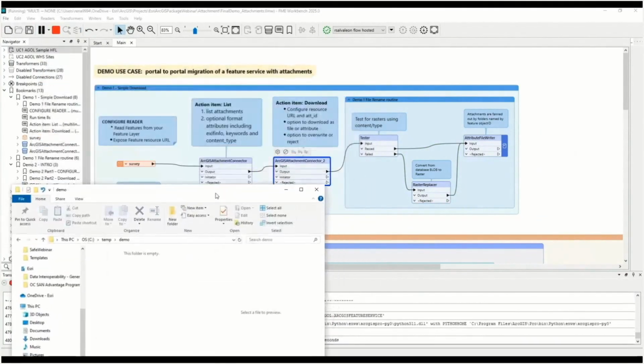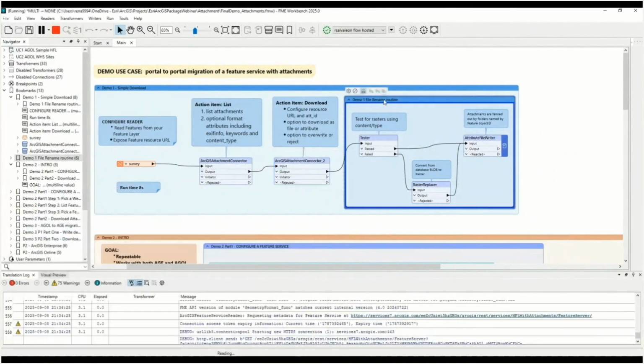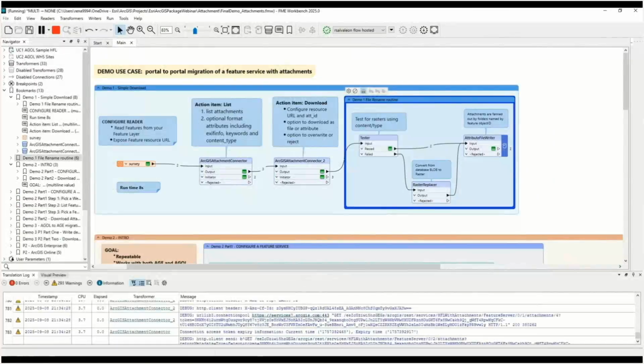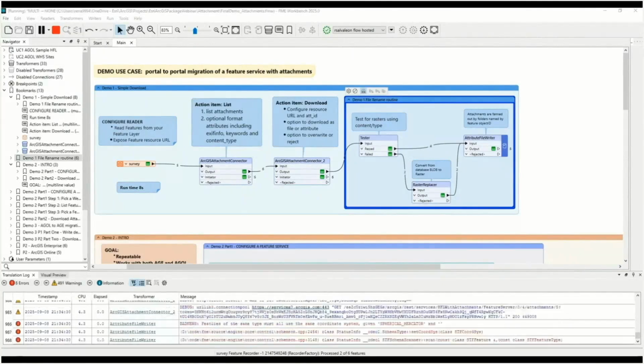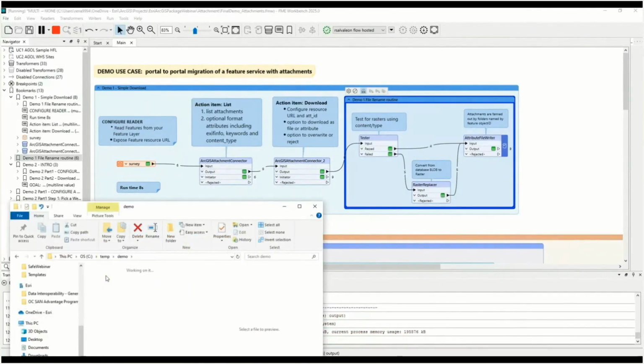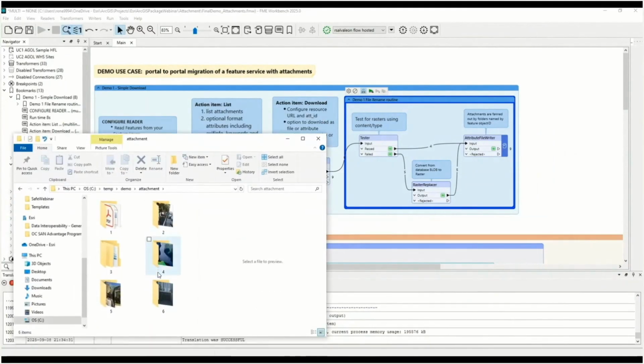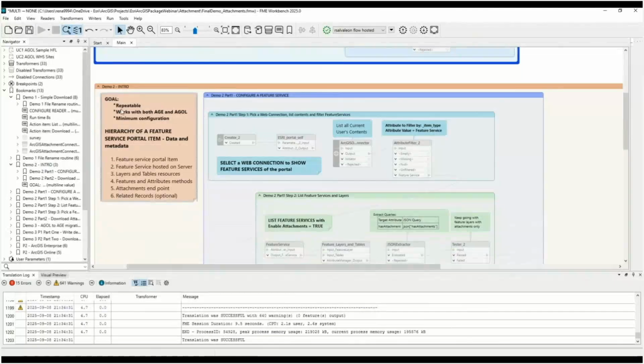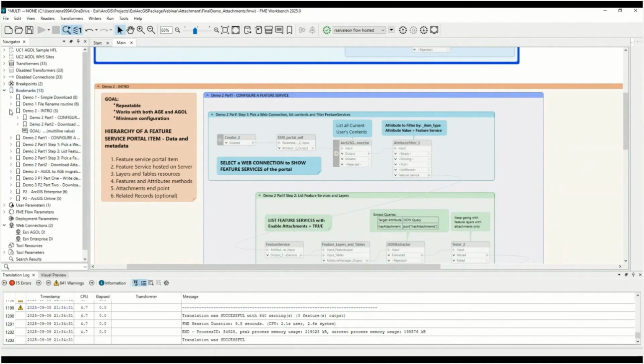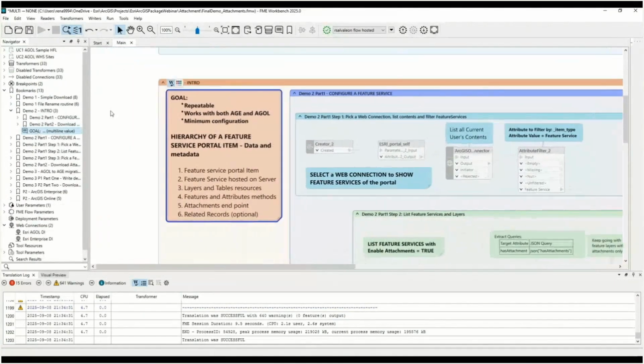We can see from Windows Explorer the results of this workflow. I create an attachment folder, and then each feature has its own folder named after the object ID. So that's a simple workflow compared with the previous way of managing attachments in the past. Our second demo, we'll raise that bar a little higher